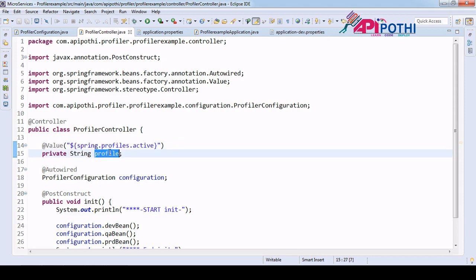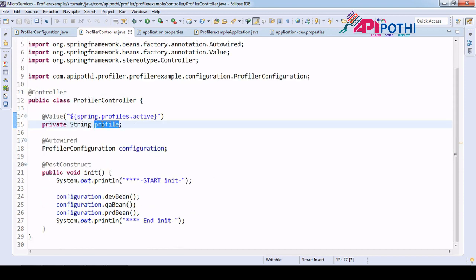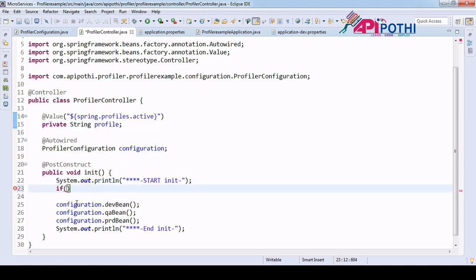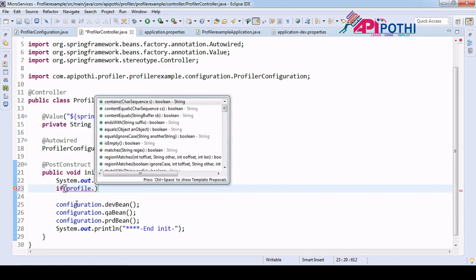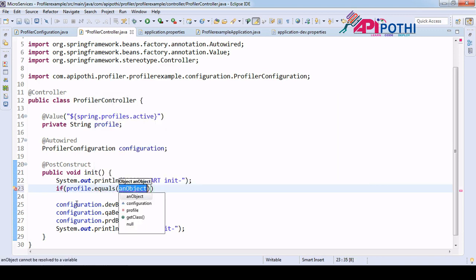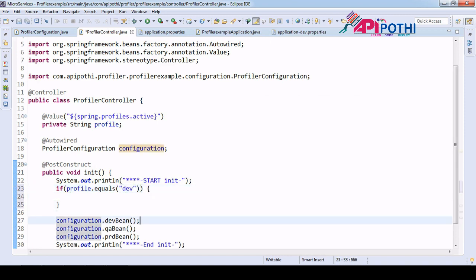So as soon as the profile value now contains dev, I will put some condition: if profile dot equals, at the end it is returning a string only, equals dev, then please run this code.